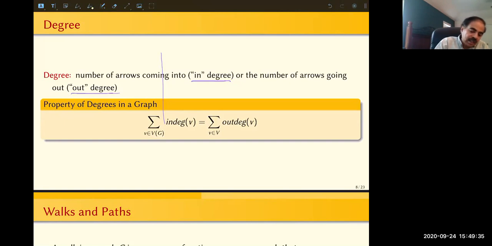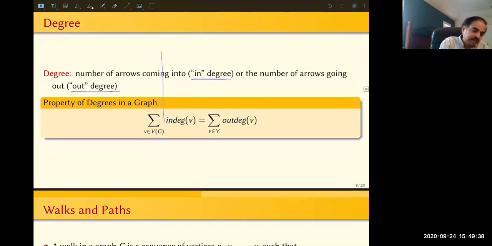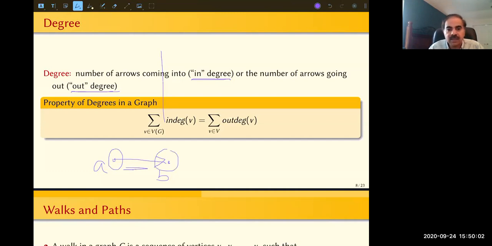So if you have an arrow going from, let's say we have A and we have B, then this arrow here contributes 1 to the out degree of A and 1 to the in degree of B, right? So that way, every arrow contributes 1 on this side of the equation and 1 on that side of the equation, right? So if you count up all the edges, then the in degree is going to be nothing but